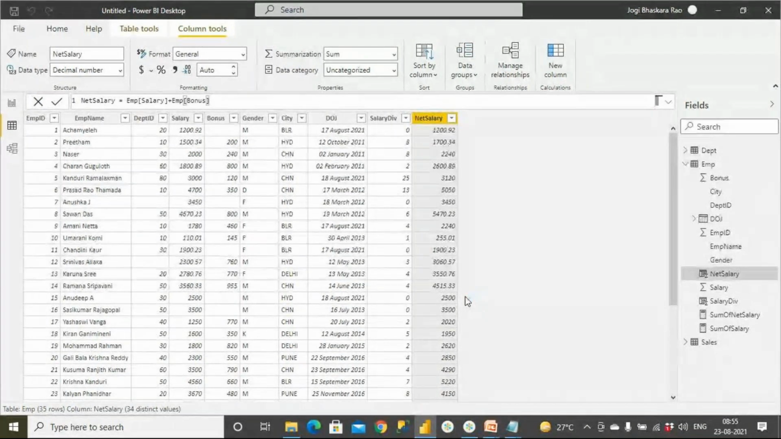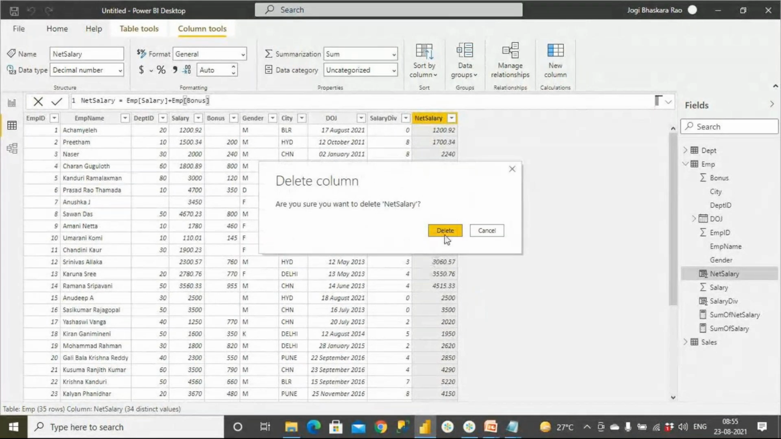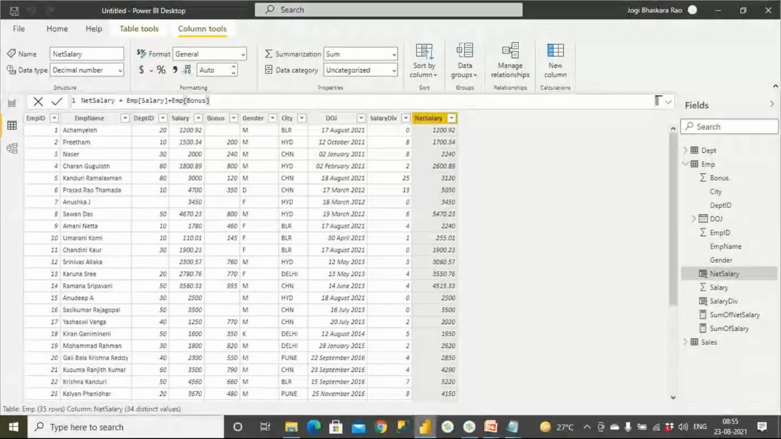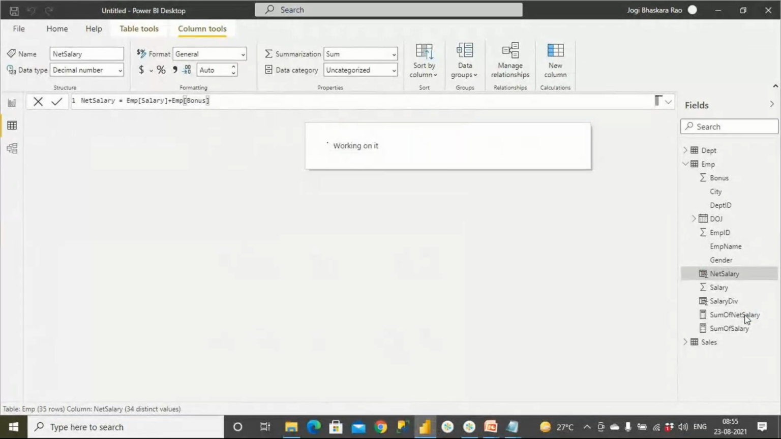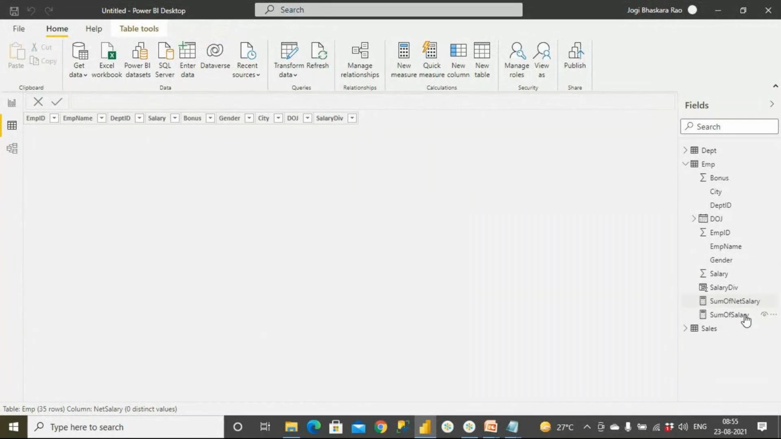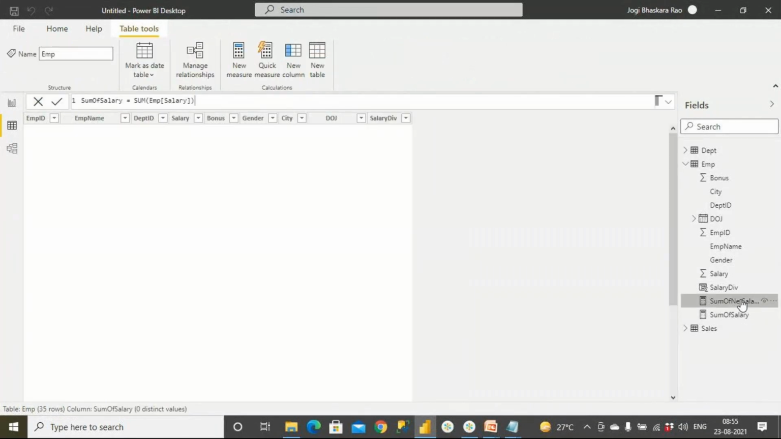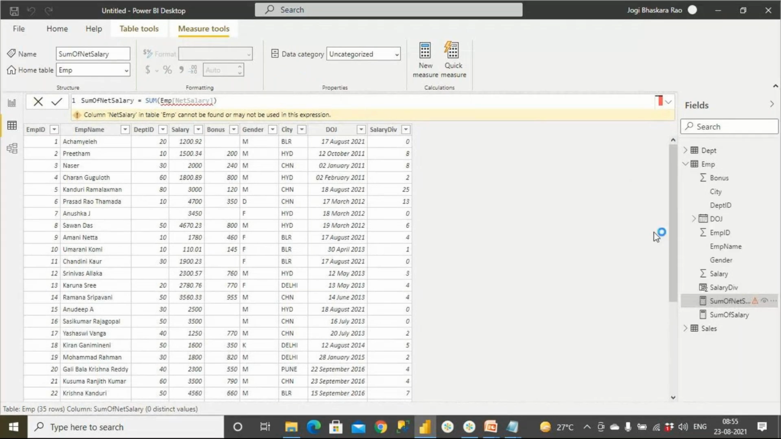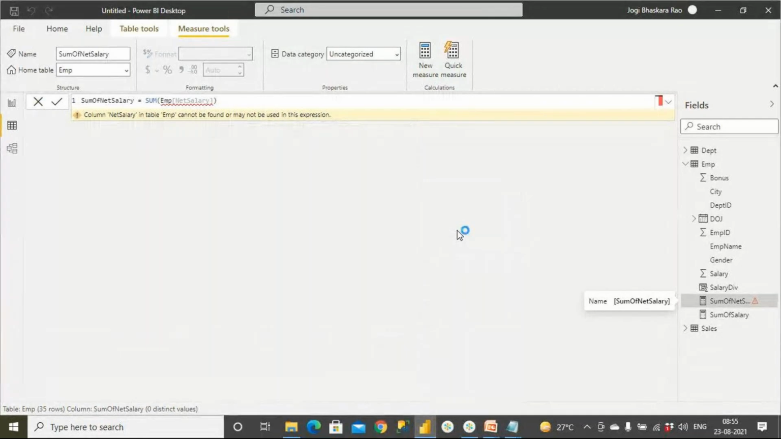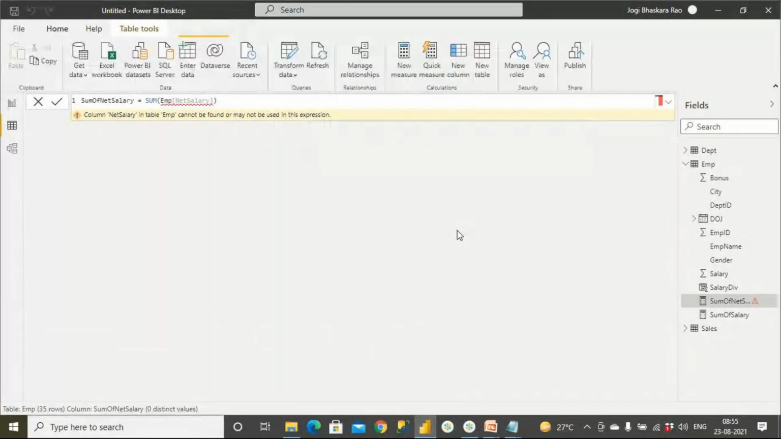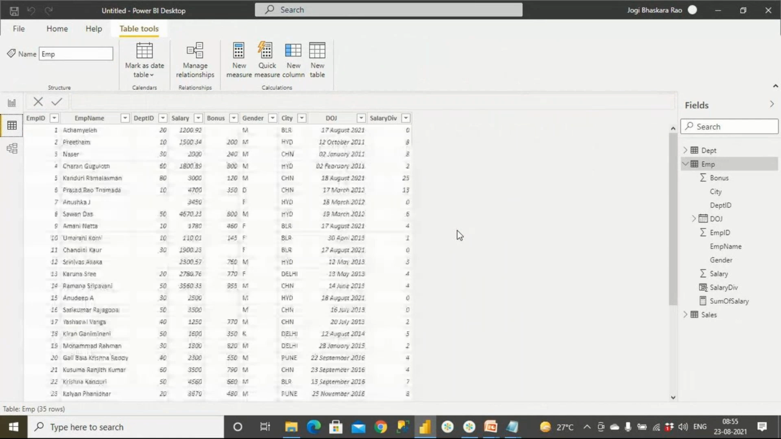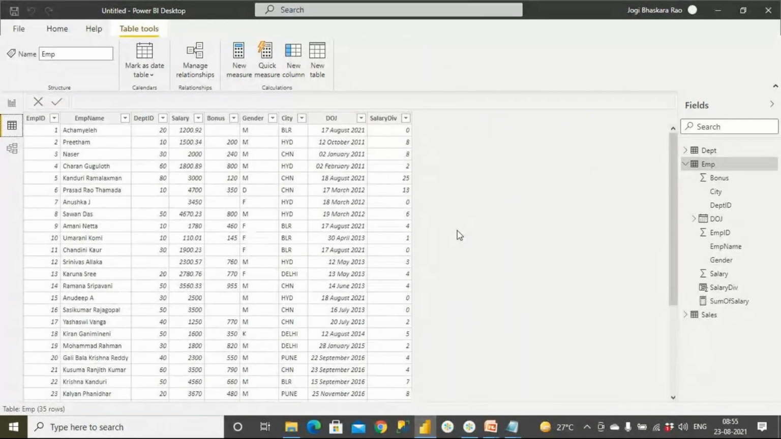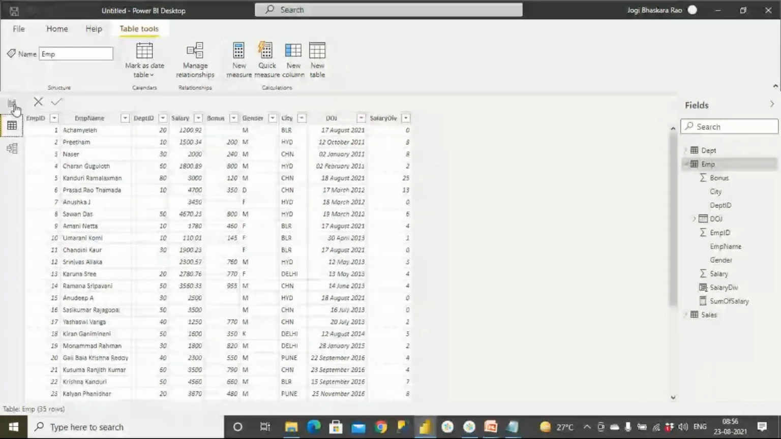That's fine. But after deleting it, sum of net salary is not going to work because net salary we have deleted. Let me delete this also. How can we achieve this without creating a new column? I wanted to get sum of salary. I can get it very, very easily, but sum of net salary, I cannot get it because if you go to a measure, if you go to any measure,